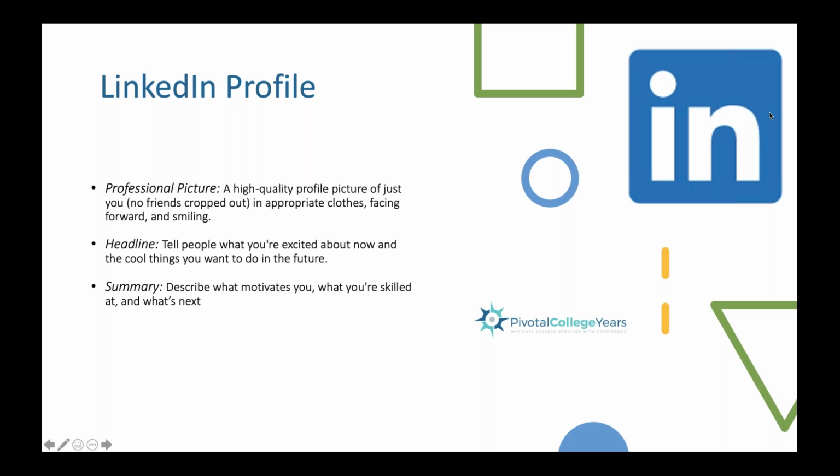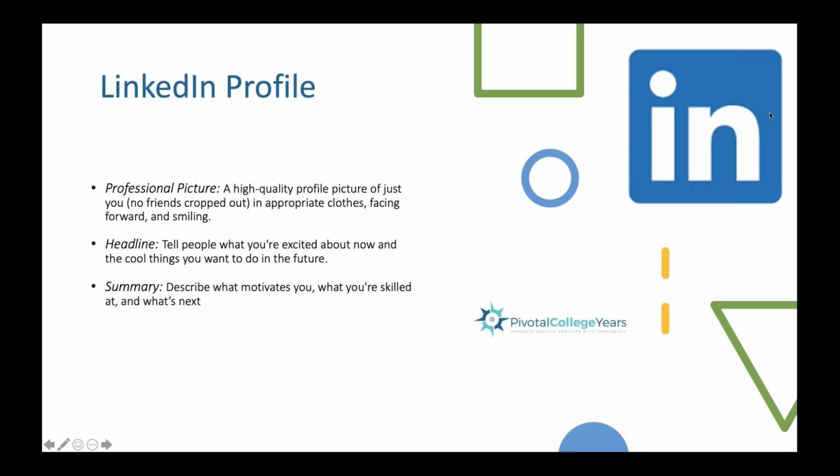And you want to be in appropriate clothing. So, a picture, for instance, where you're in a tank top, right? And you were just outside on a summer day, it might be a great face shot, but the clothing wouldn't be appropriate. So you want to be on the professional side of things. I always tell students, shoulders covered. If you can have a button down, great. You're not expected to be professionals. You're not yet. You're getting there, but you want to start going down that road.